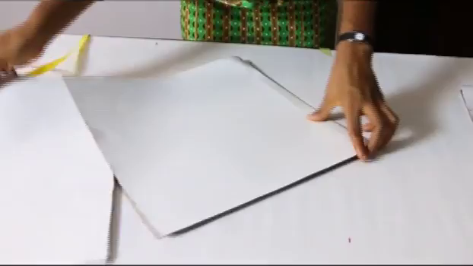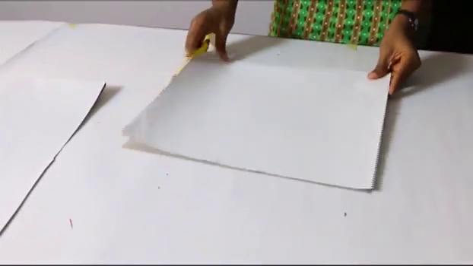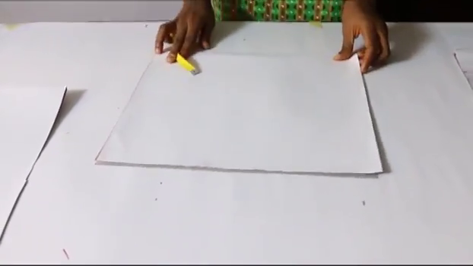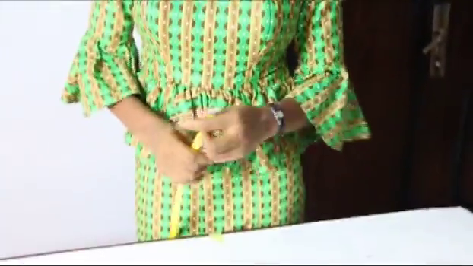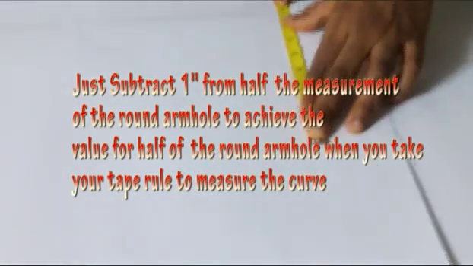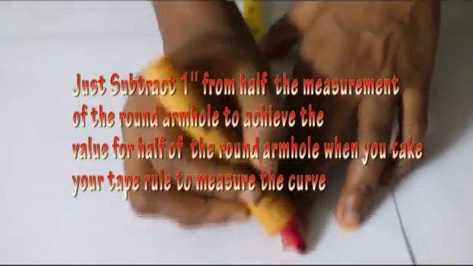The sleeve. I'm just going to do one fold of the sleeve. So you have the sleeve this way. This is the fold, but if it's your fabric, you know you have two folds. So with this one fold, what do you want to achieve? The round armhole is 18, and half of 18 is 9. You could just take your tape rule, 9 inches this way,